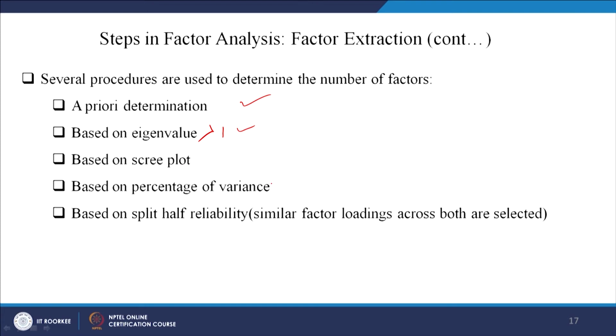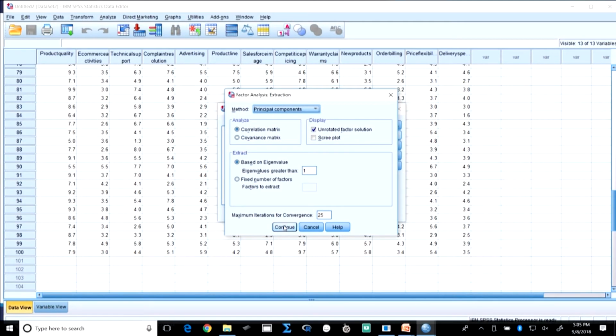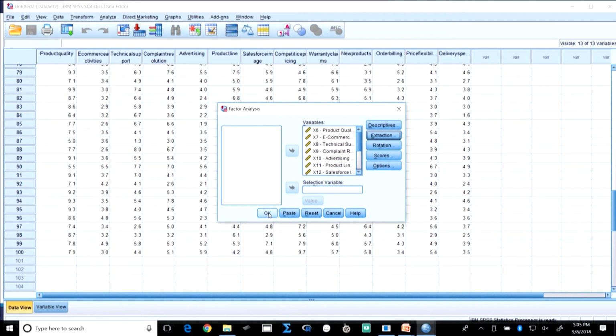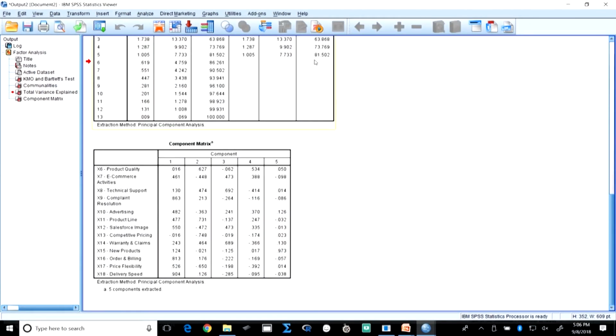Now, you see this is a trade-off, the percentage of variance. In this case, how much percentage of variance is being explained? 81.5, which is a good amount of variance being explained in the study. Suppose instead of 5 factors there would have been 8 factors, explaining, let us say, 81%, I would feel that 81 is quite high and 8 factors is also too large a number.